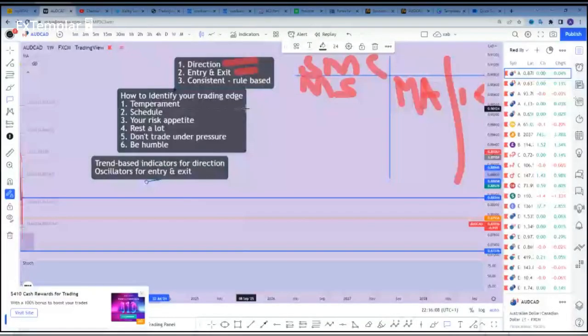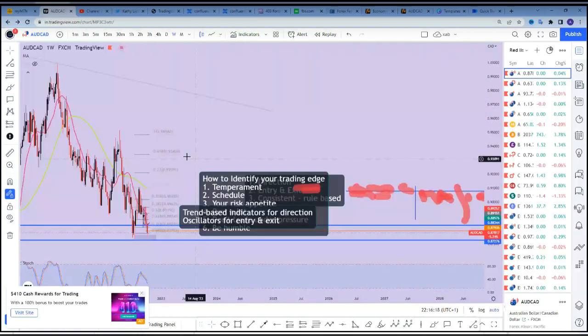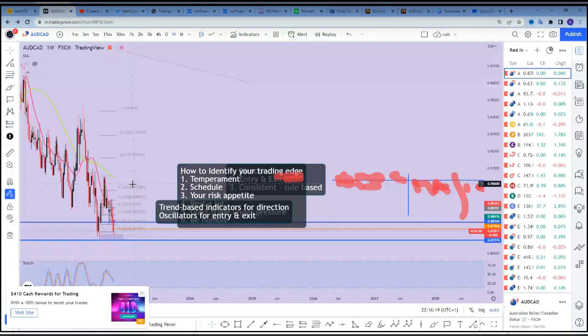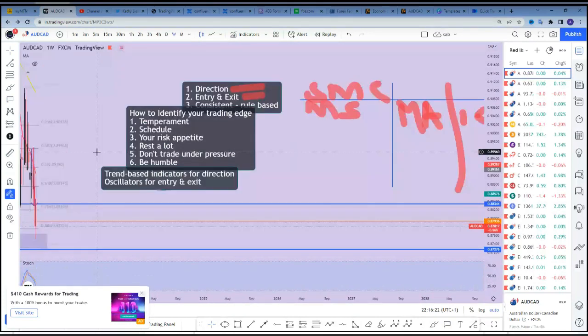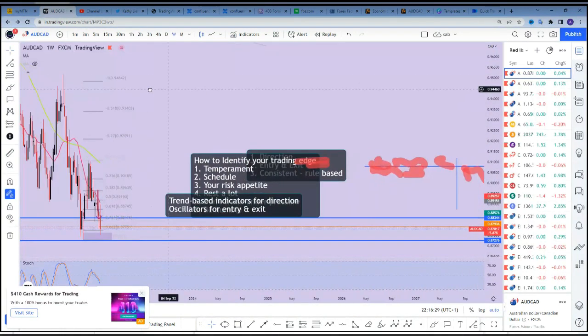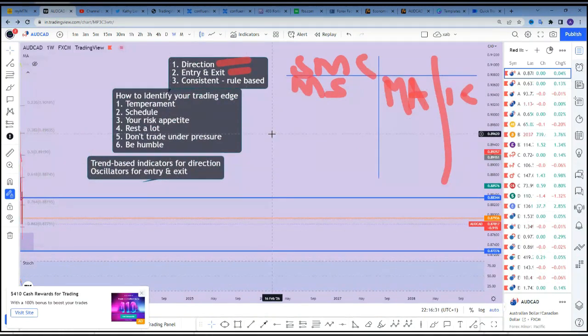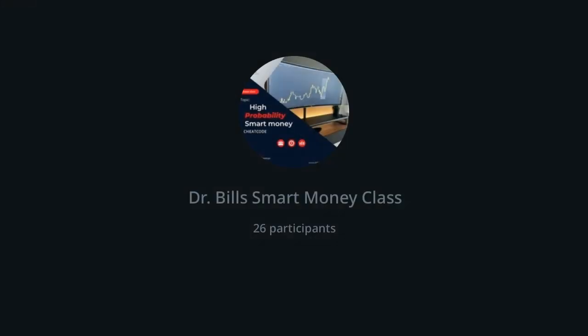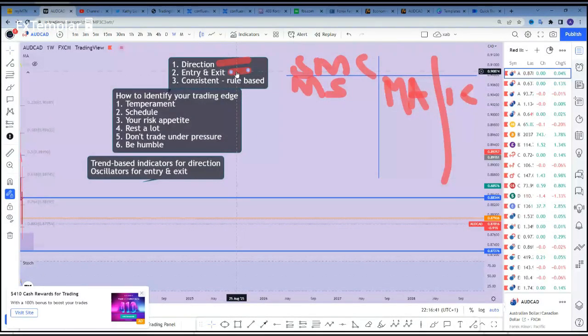And that's why, if you've gone through that video that Dr. Bill did the other time about his trading strategy, you notice that one of the important things is, first of all, identifying the trend, and identifying the key levels. After identifying the key levels, the next thing is you want to find entries and exits from your key levels. And that is where the stochastics indicator comes in. So when you trade with indicators, you have a system that signals your entry and exit much quicker sometimes than waiting for market structure.